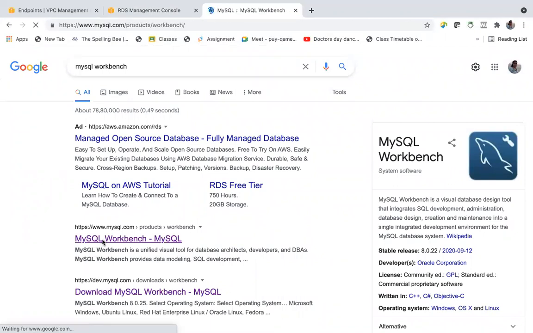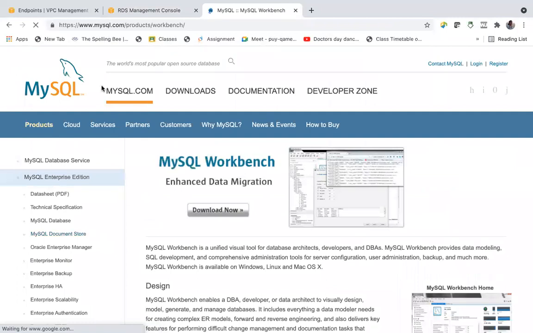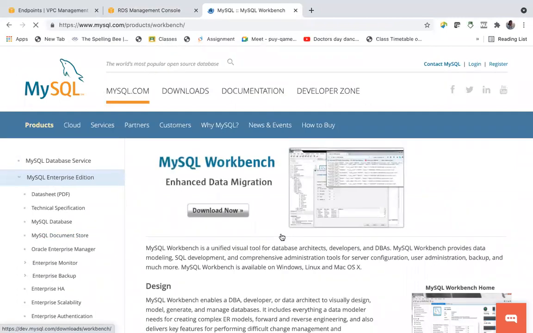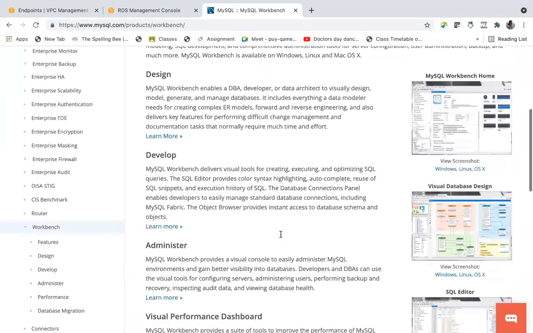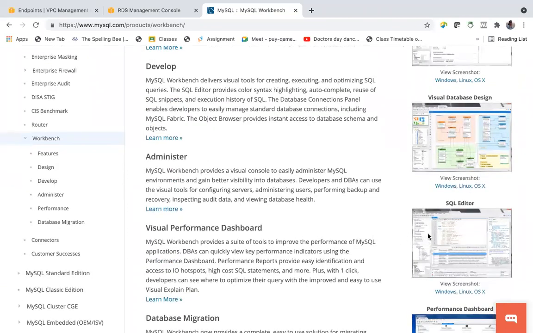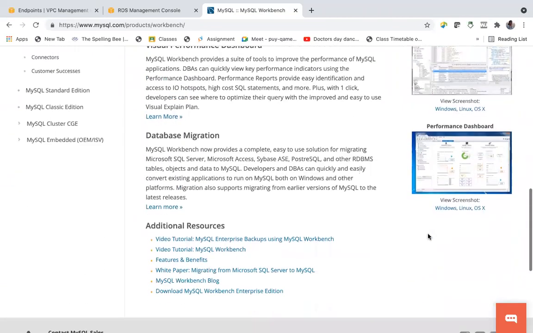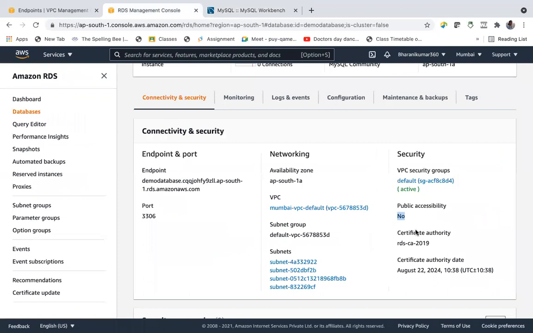It's a visual data tool for database architects. Download, and you have these visual steps also. Following that, you can connect to the database using Workbench. And remember, public access should be yes if you want to use Workbench. Otherwise, you cannot connect using the public internet. That means you cannot connect from your laptop.